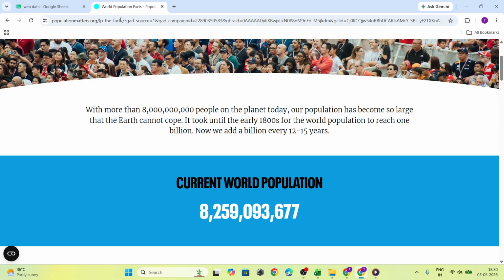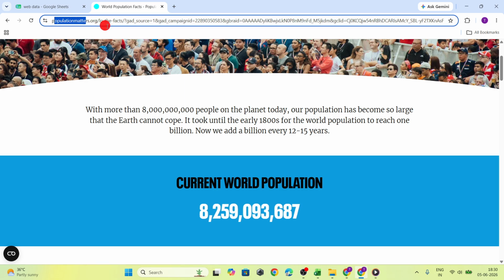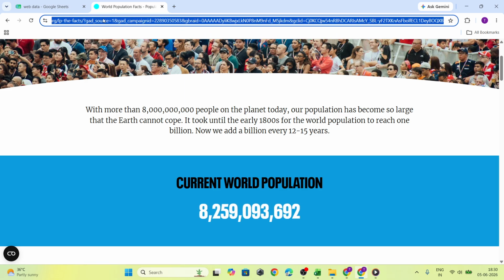Next, copy the link. Go to your browser's address bar, highlight the full URL, and copy it completely. Be careful to copy the entire web address exactly as it appears so your formula points to the correct source. If the page has extra tracking text in the URL, it's often a good idea to make sure you are using the cleanest version of the link available, as that can help keep things more reliable and easier to manage